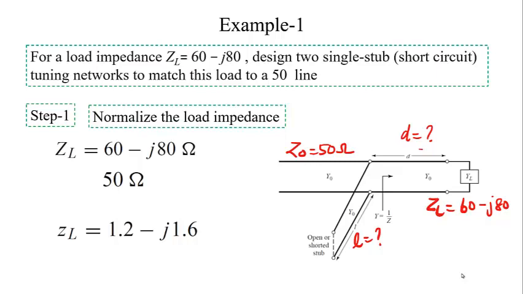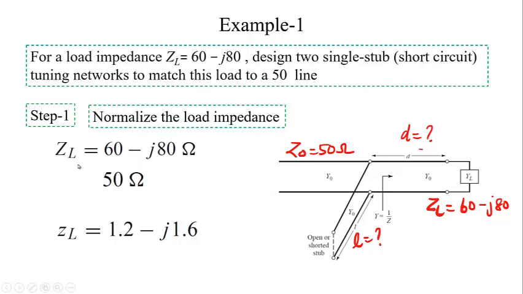In order to design the single stub matching section, we are supposed to locate the load impedance. First of all, we normalize it and keep it in the Smith chart, which is the first step. Then we have to move the point up to a particular length such that its real part becomes 1. Thereby we will meet the unit circle, and after that we go with the stub design, and the stub is supposed to cancel the reactance. For that we can use an open circuit or a short circuit stub. Now we are going to do it with a short circuited stub. So let us do the problem.